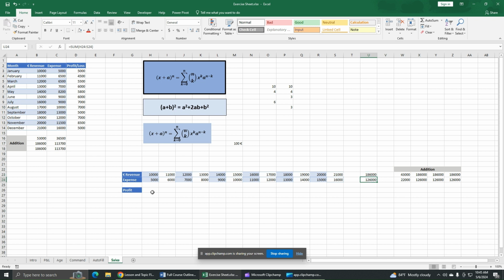So how can we generate profit? Select the cell, give an equal sign, select total revenue minus total expense. You can see the formula here. Okay, whatever formula we give in a particular cell, you can see it in the formula bar. So the formula is complete. Now press enter. So this is how we can